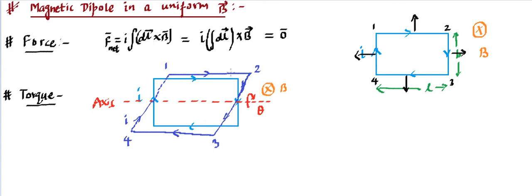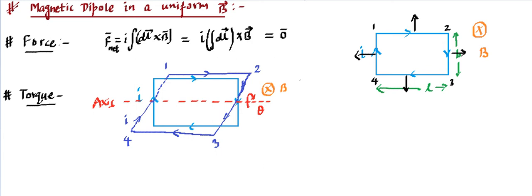Can you think of the direction of force acting in the 1-2 branch? Here it was in this direction. And we know the force is perpendicular to DL, so it has to be perpendicular to the wire. So it's always perpendicular to the wire. Moreover, it has to be perpendicular to the magnetic field. So since it has to be perpendicular to the magnetic field, it must be in this plane. That means the vertical direction is going to be the right direction.